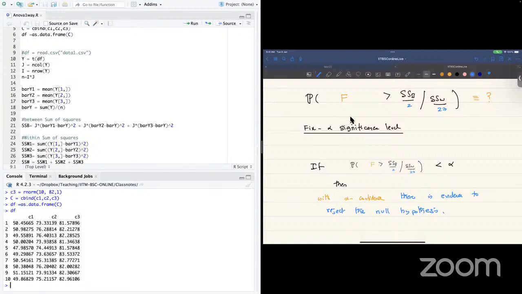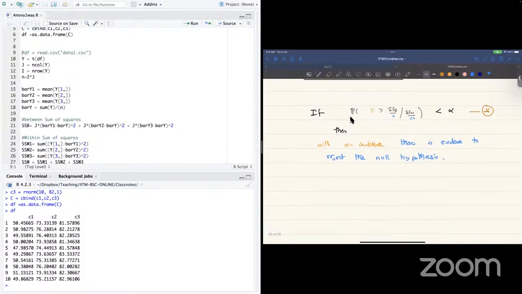Just a couple of points. So we have these two ways of checking this significance level, right? Of course, the proper way is to do this probability, but in some cases we also compare the tabulated F value versus the calculated F value, and then reject the null hypothesis. So how does that work? It's the same thing, right? Let's say I want to check this star. What I do is, either you take this thing and find this thing,